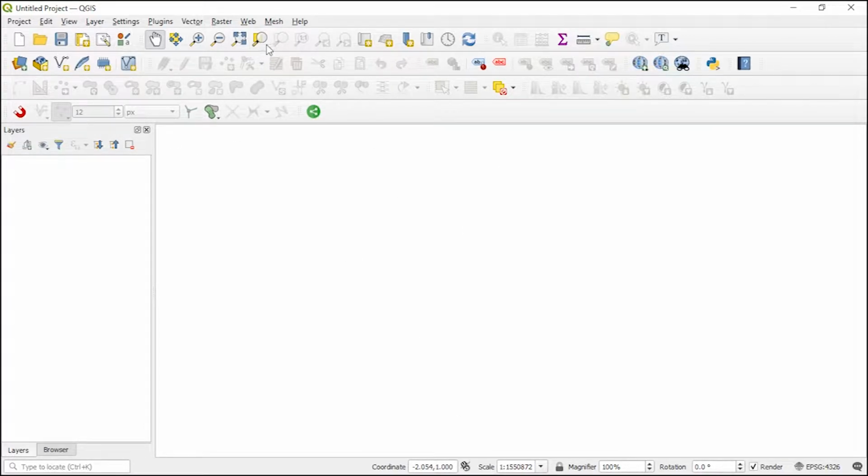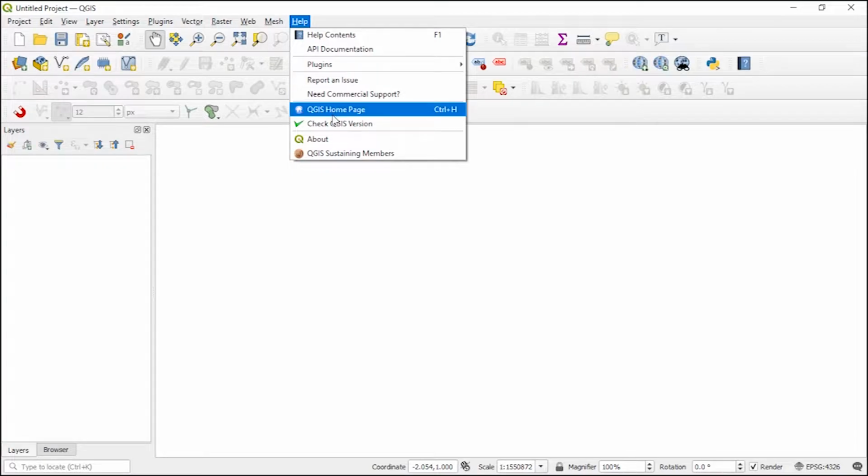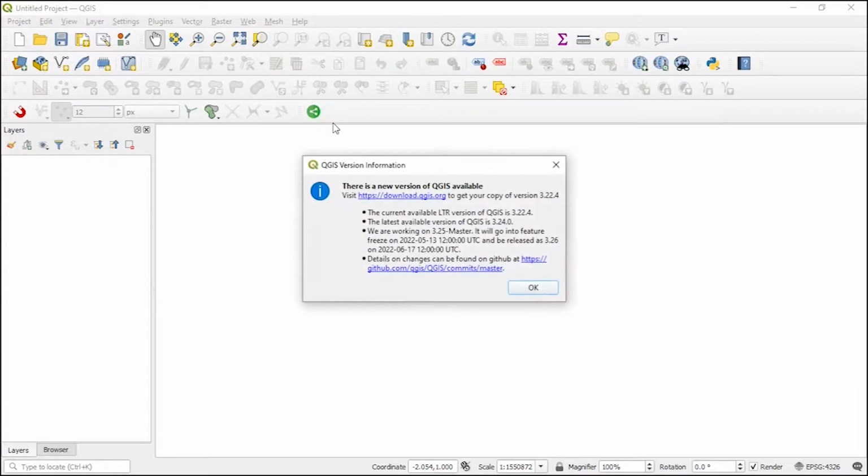So to check the latest version, you can go to App, the version you're using, then check QGIS version. So you can see I'm using version 3.22.4, and like I said, if you look at these bullet points here, you can see you have the available long-term release 3.22.4, which I'm actually using here, and you also have the latest available version